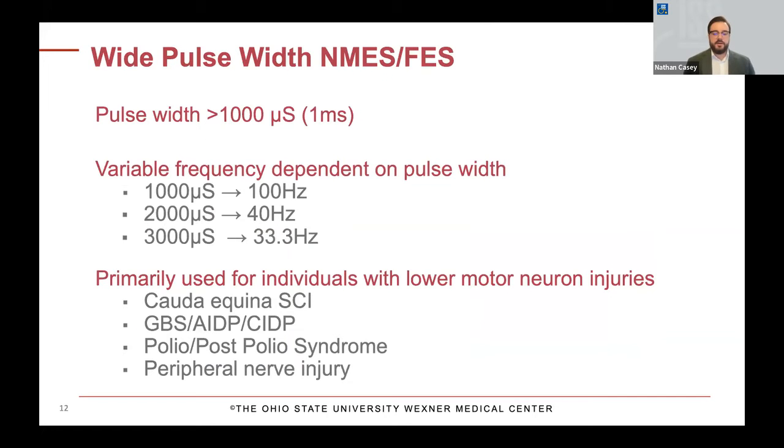An emerging area in the literature is wide pulse width neuromuscular electrical stimulation, or FES. And so remember, pulse width is the amount of time that a single electrical impulse is on for. Traditional NMES would be somewhere between that 200 and 500 range in terms of the amount of time that